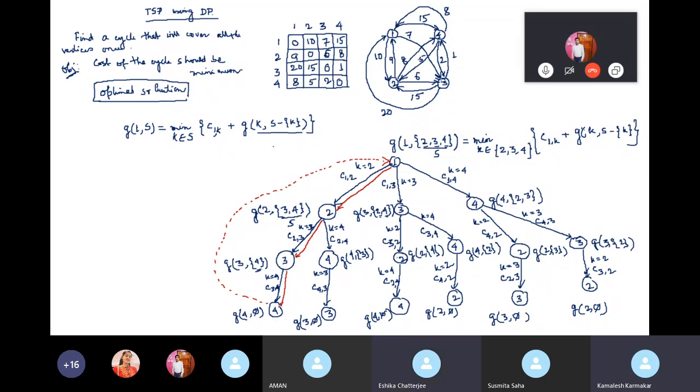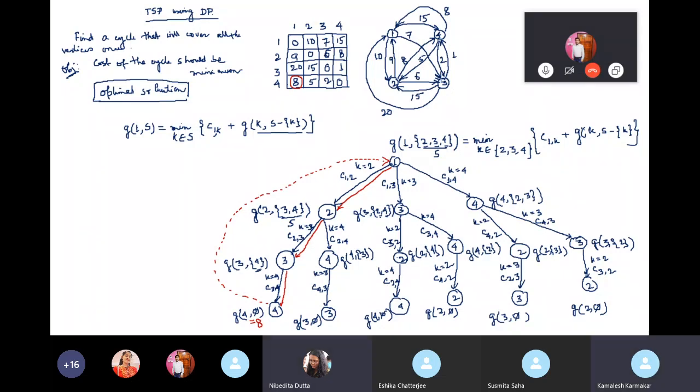So how to determine this cost? Let us put some values for them. What is the value of C12? It's a recursive call, so we can start from the last position. What will be the value of G45? For vertex 4, we have to return to vertex 1 as 1 is the starting vertex. So what is the cost of G45? 4 to 1, this cost is 8. If this cost is 8, then put it here.